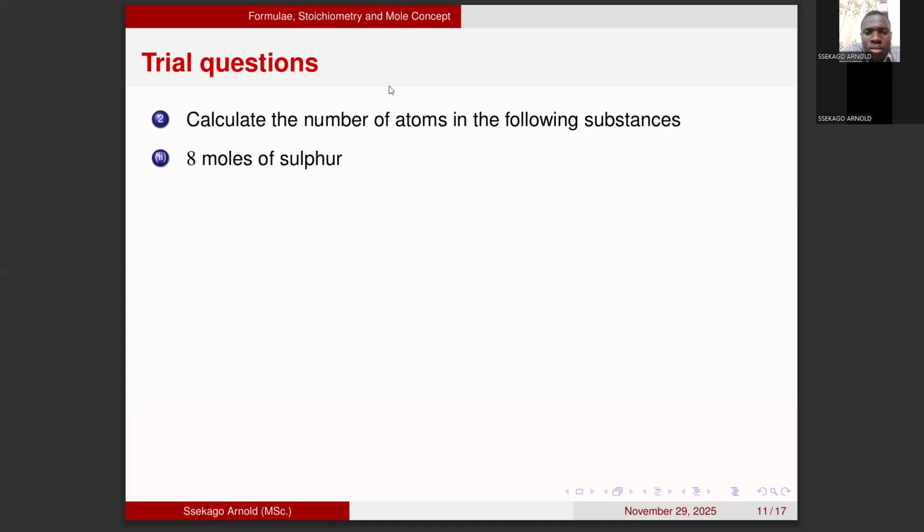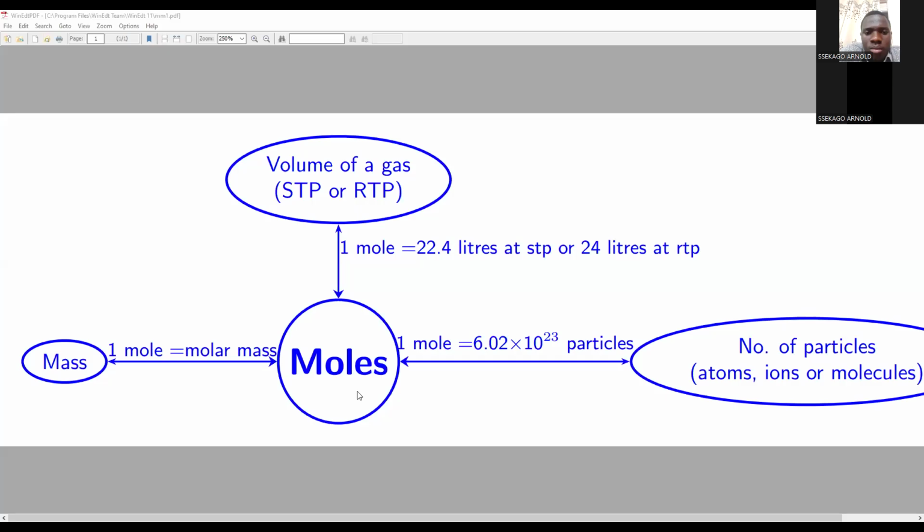Now you have to think about the mind map. What does the mind map say? Maybe to recall, I'm going to re-echo this mind map always, so that it sticks to your mind. The mind map is here. I'll remind you that the mind map says that